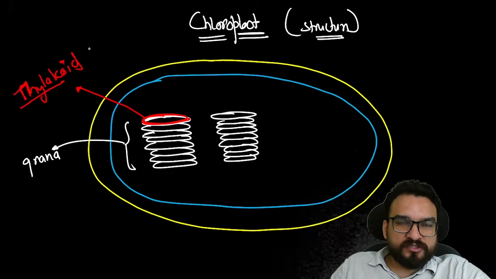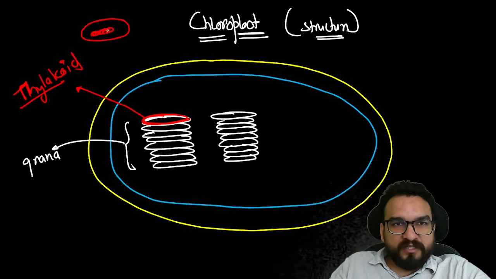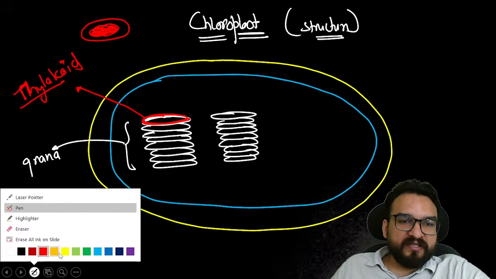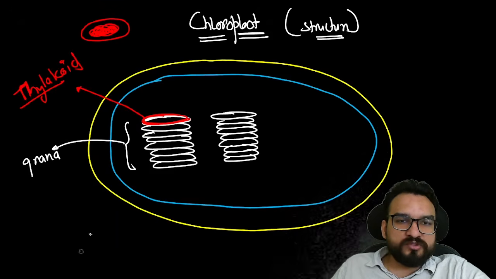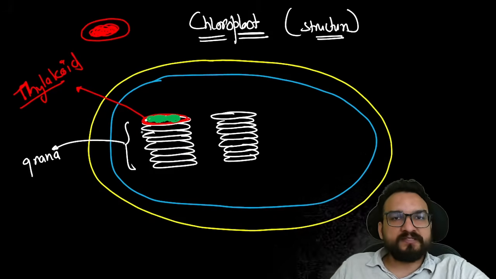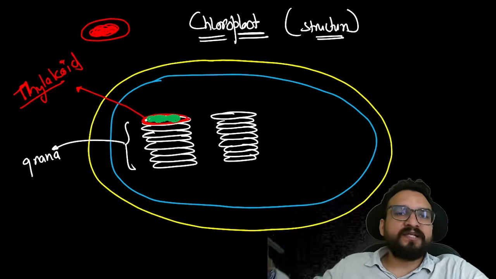Thylakoid, nothing but terminologies. It is a bun-shaped type of thing in which there will be certain material also inside. And what is the important material over here? There you will find the quantasomes, green color pigments. Chlorophyll is present over here. So where the food will be made, the light will strike over here and the reaction will happen over here, guys. How this reaction happens, you will learn in photosynthesis in unit number 4.